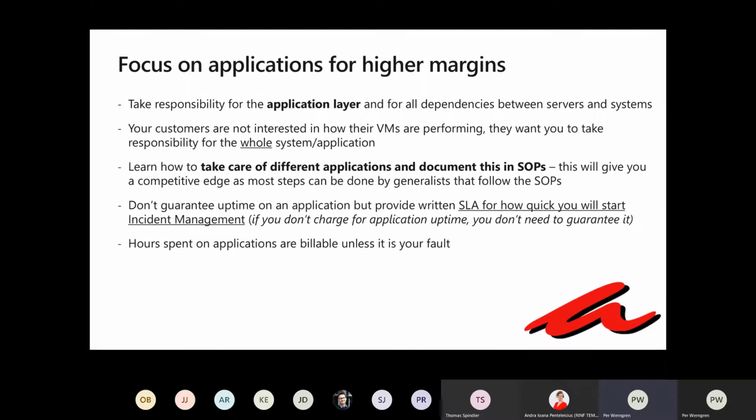And incident management will be best effort, and you will most likely be able to charge for the hours that are involved in incident management in the application layer. So this is a smart way to give the customer a sense that you are taking care of his applications, but you are not prepared to pay penalties if the application has a problem. Instead, you will charge him for the work that you are doing when you're taking care of incident management. That's a pretty smart way to make it happen.